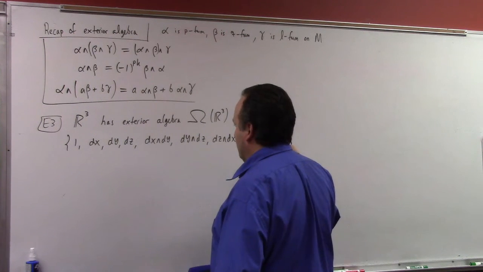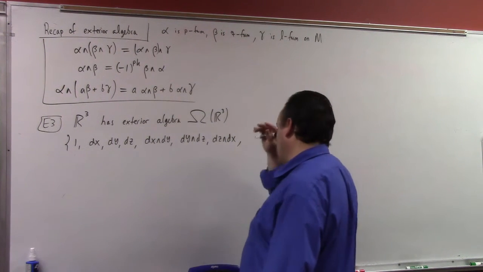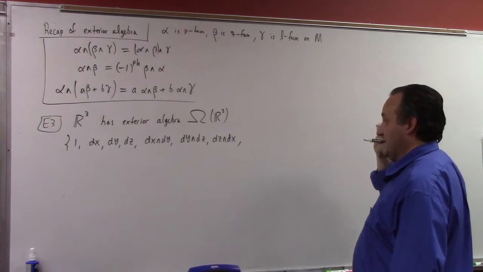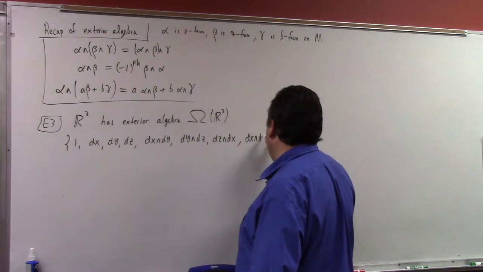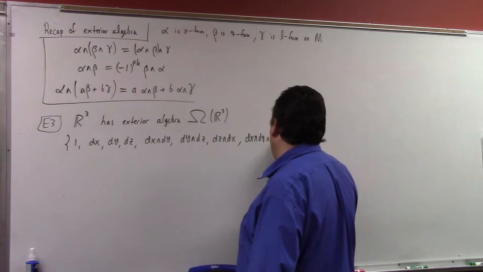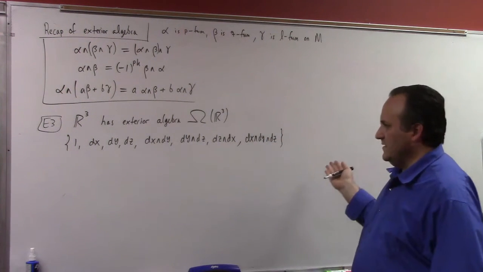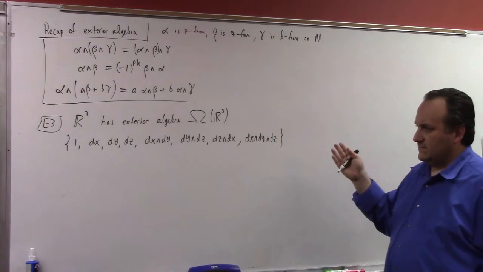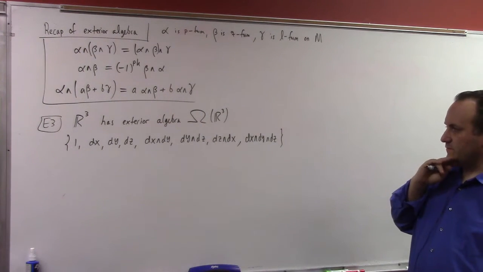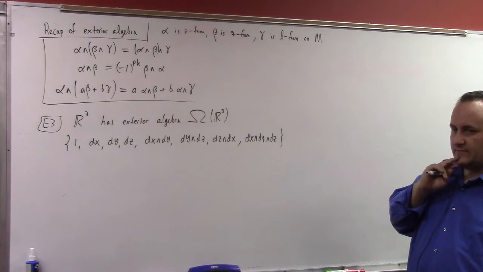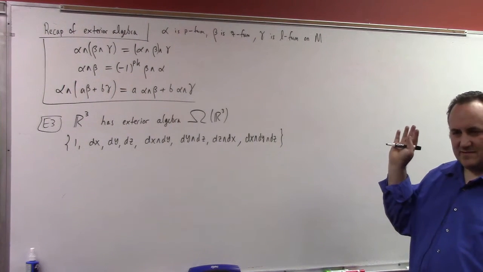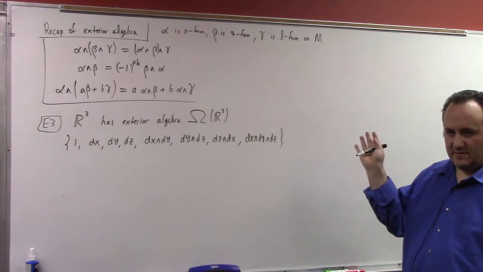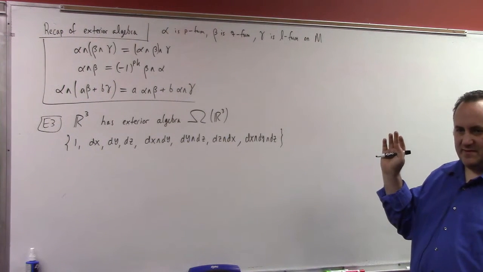In terms of basic wedge products of differentials, I think the last one is just dx wedge dy wedge dz, right? Those are all the basic differential forms. And I'd like to say that those form a basis for the exterior algebra of differential forms in R3, but that's not quite